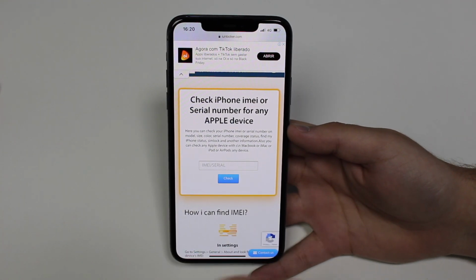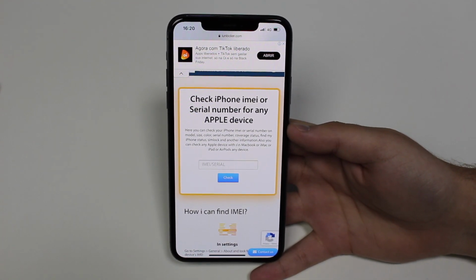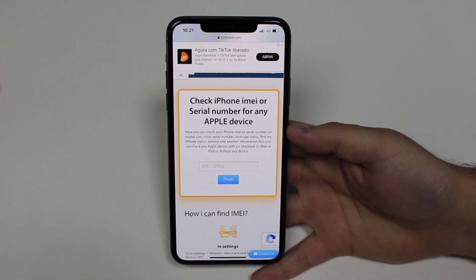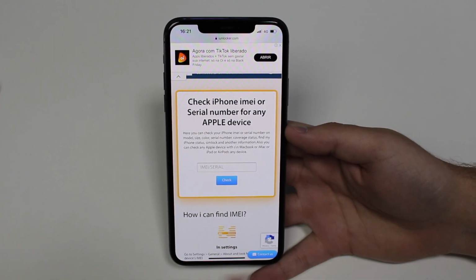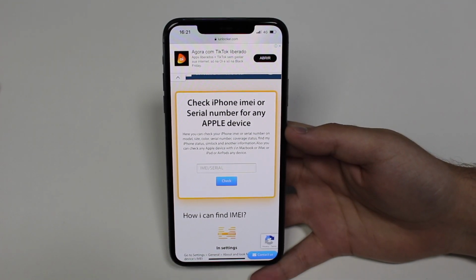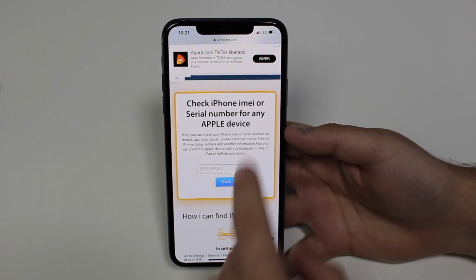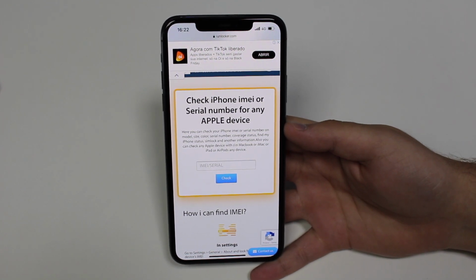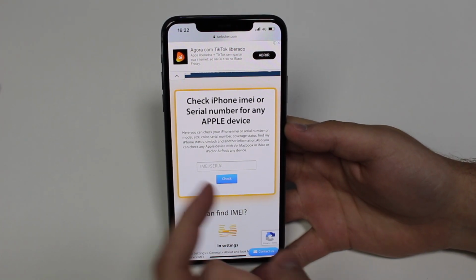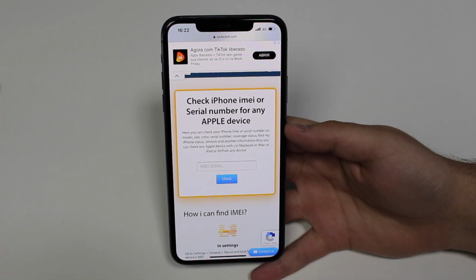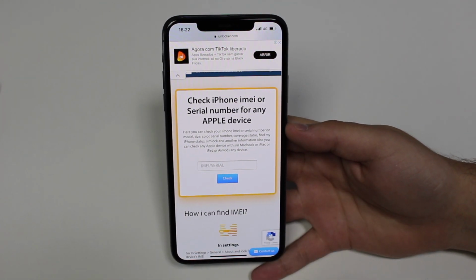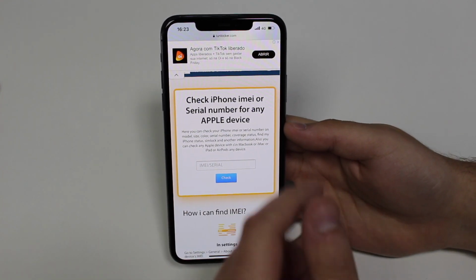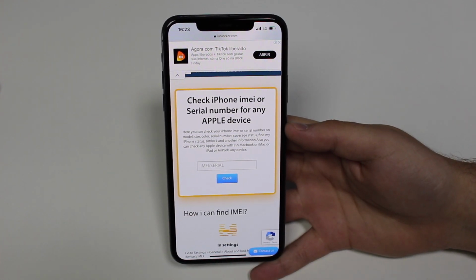And that's where some of you guys may be a little bit concerned. They're gonna say, okay, so I'm gonna be giving away my serial number to a website that I don't trust, that I don't know, if it's risky, whatever, if they can steal my information. Okay, let me explain very quickly what a serial number is. A serial number is an identifier, a unique number that distinguishes one device from the other, because apart from that unique number, all iPhones are the same. So the only difference between this iPhone, hardware wise, of course, from all the others is the serial number.